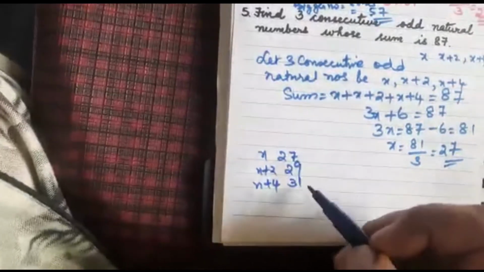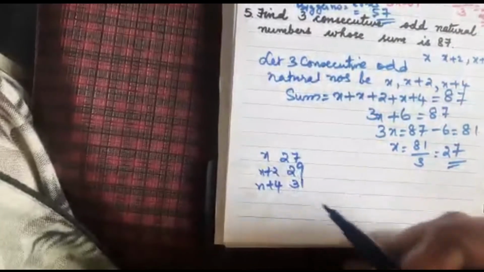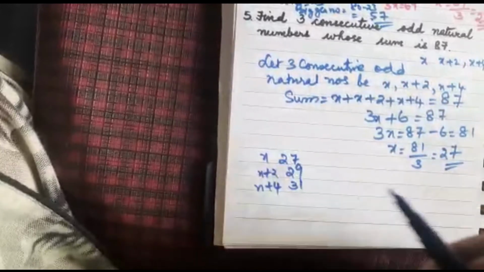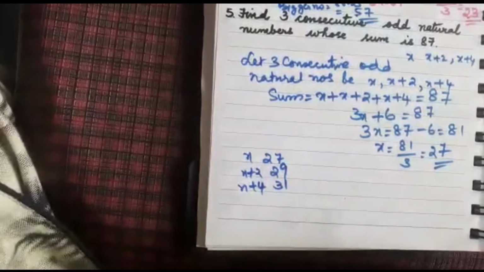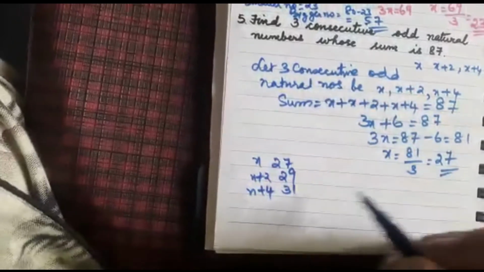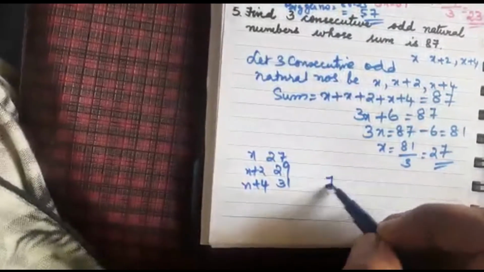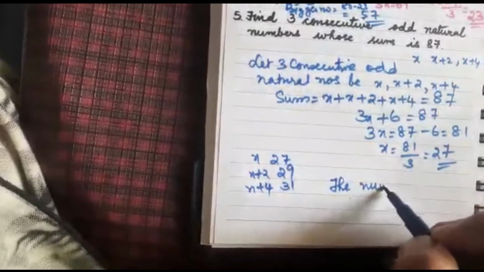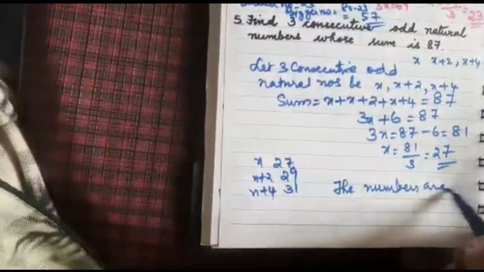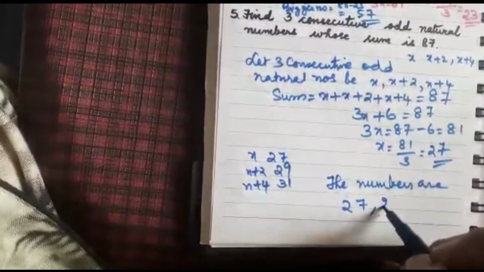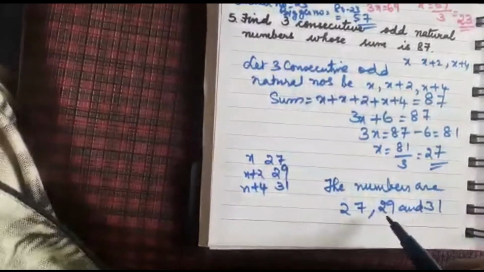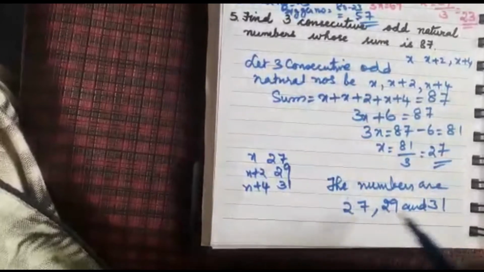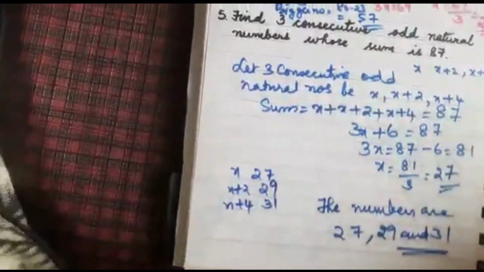You add up all, 10, 7, balance 1, 80. Isn't it? So I got the numbers as 27, 29 and 31. So it is. Now next is,